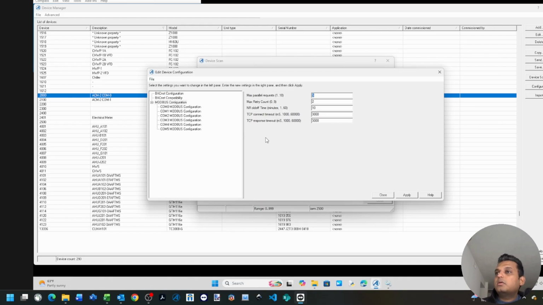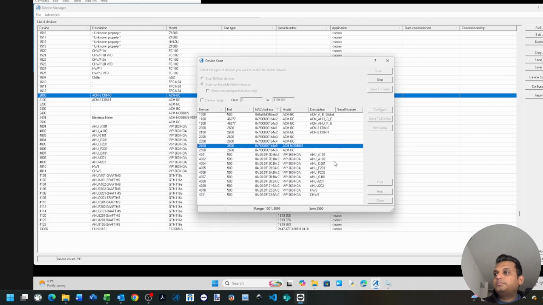Here you can see again there are 6 slots. We know that some of the ports are used for BACnet MSTP, which is 1, 2, 3, and 5. I know 4 is not used. I will select 4 to communicate through RTU, and I will define all the Modbus configurations here, which is baud rate, parity, none, even, odd. Then I'll define my stop bits based on the Modbus RTU device I'm trying to communicate with. So once this is done,